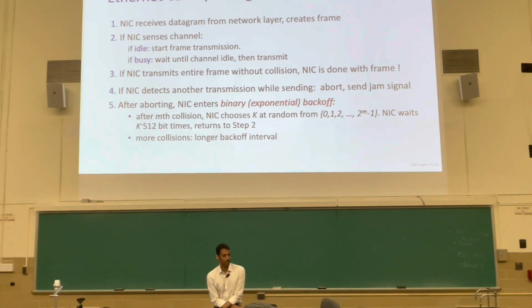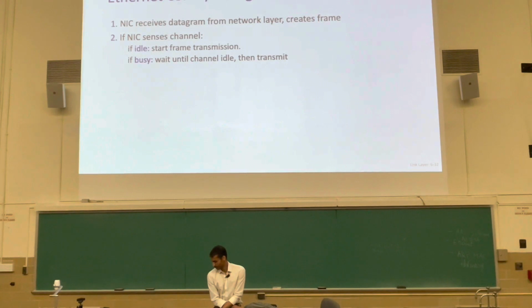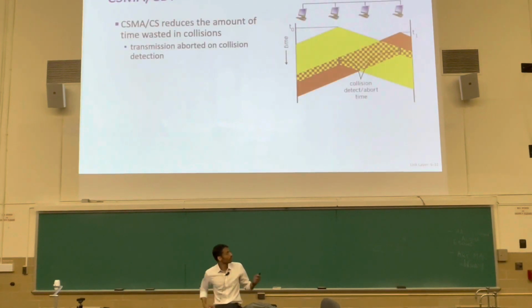Yeah. What if the jam signal collides? Can it collide? Let's go back to this picture. It's a good question. A jam signal is a repeating pattern of bits. So if all nodes stop transmitting after the short detection period and then follow with a sufficiently long jam signal, it will be detected, at least some tail of it will be detected.